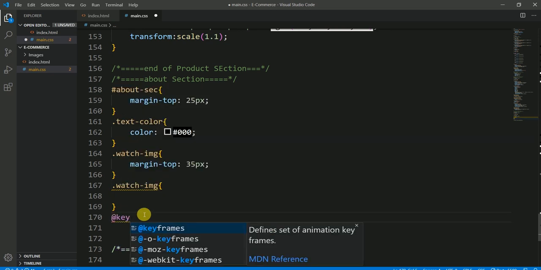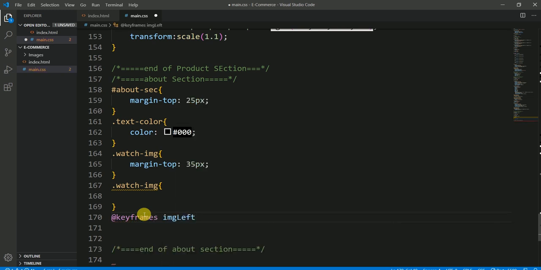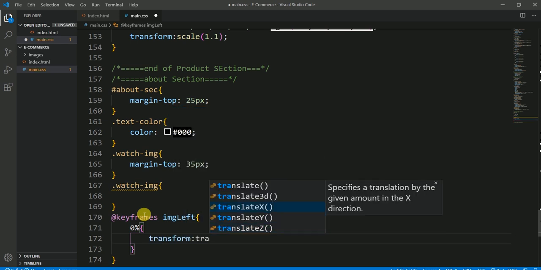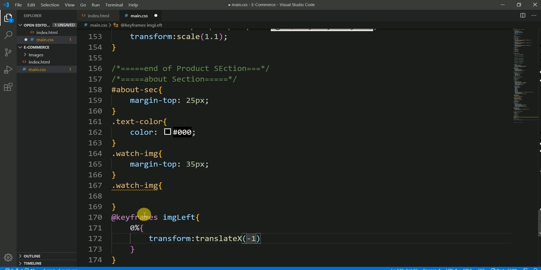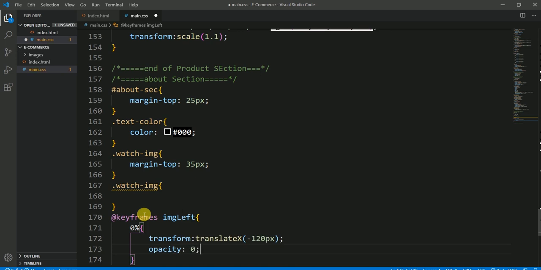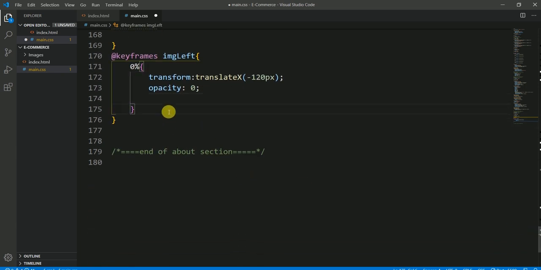So it will be keyframes image left class, image left, and here the 0%, this could be transform, translate x minus 120 pixels, and then let's go with the opacity, and the opacity for this would be 0, and let me bring it here. Okay, then here the 100%,